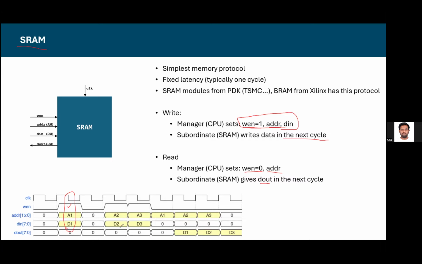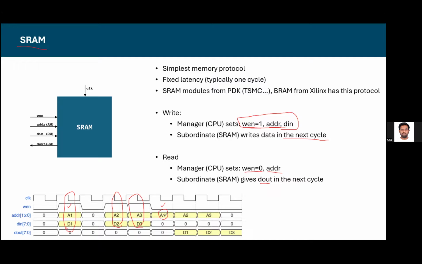And similarly, this is another write transaction, and this is another write transaction. So you are doing three writes to addresses A1, A2, and A3. After that, you are doing a read transaction. When you are doing a read, you set write enable to 0, and you have an address